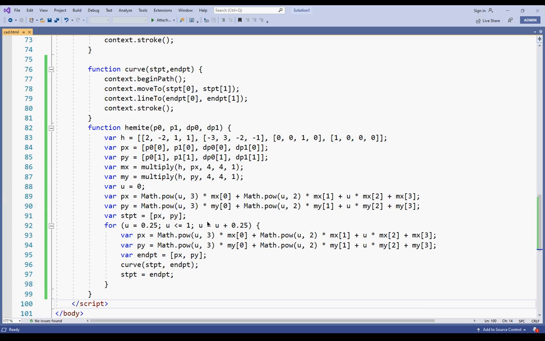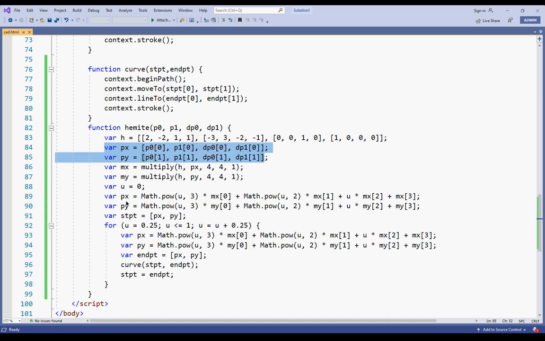I did not get the meaning. Line 84. Yeah, correct.